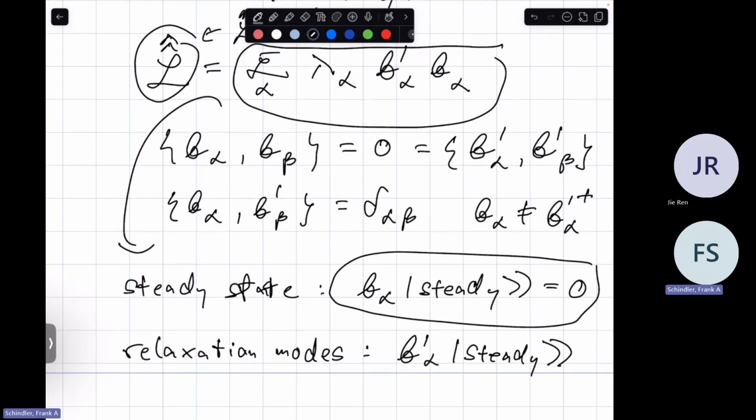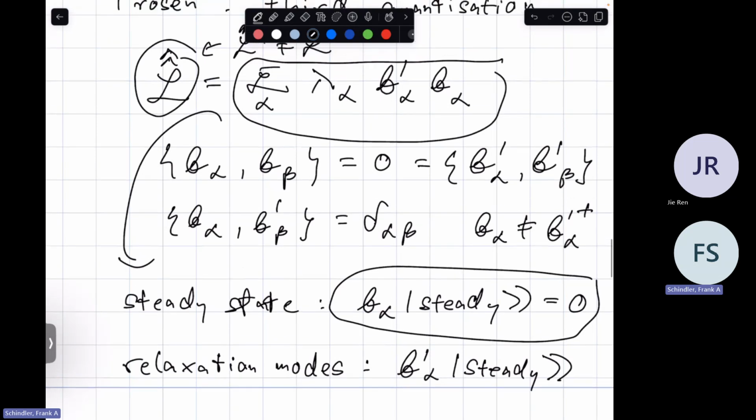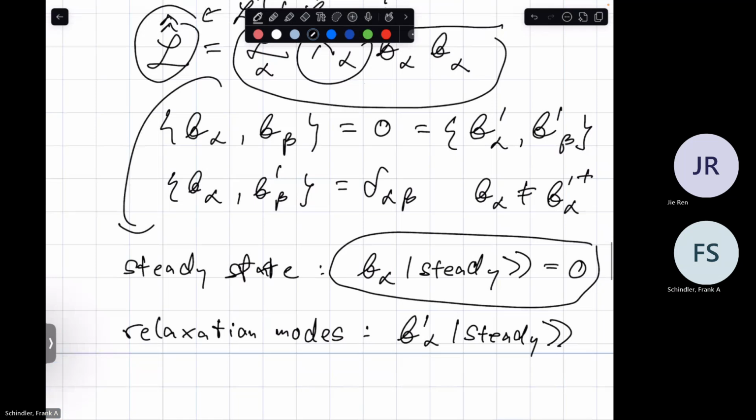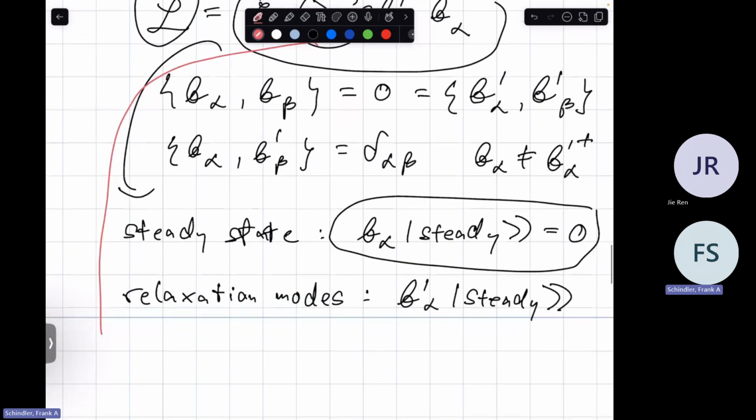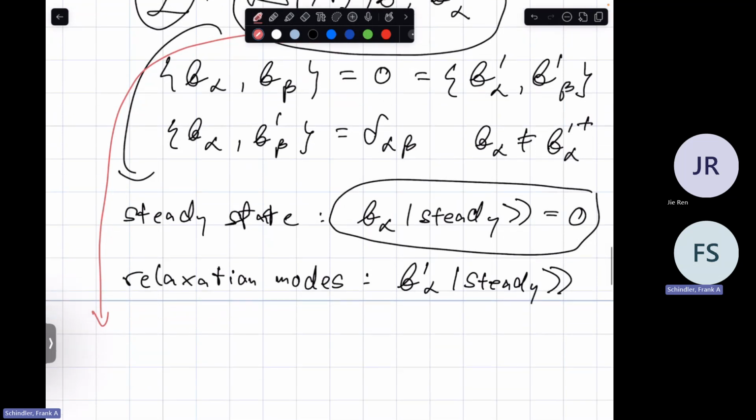Okay, so this is a long story. I wanted to show you this because I wanted to make contact between the Lindblad equation and a band structure. Now we have these lambda alphas to play with from up here, which are like the eigenvalues. They decay, they tell you how fast your things decay back to the steady state. So they're generally non-Hermitian. And if they are complex, then that means